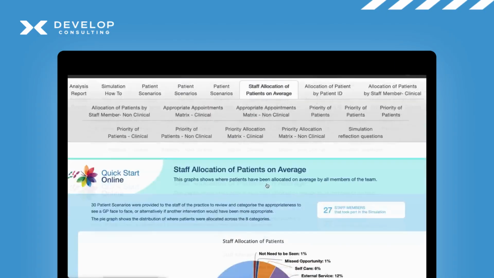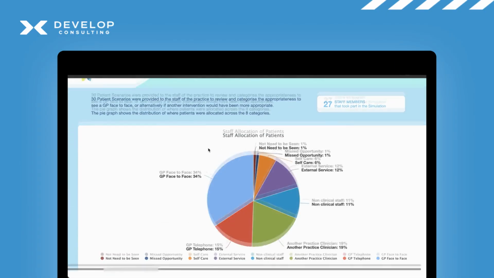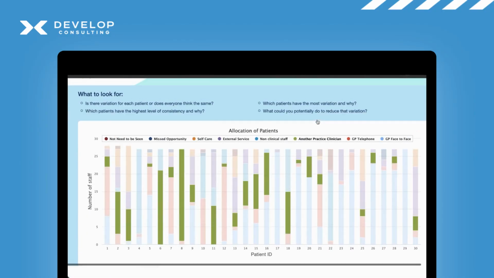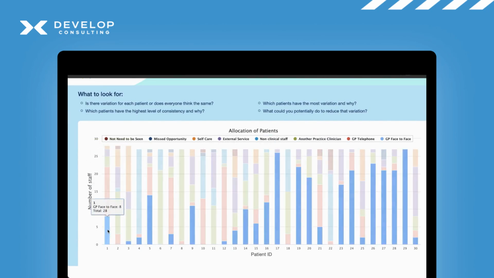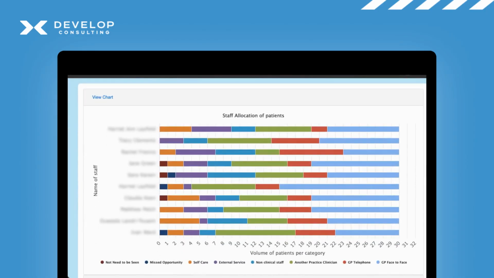And guess what? You can also get your clinical team to do the simulation, and the report will highlight any variation they may have, which is a great starting point to have a discussion around why and what could be done to help reduce it. After all, we want patients signposted to the right person, but we also want the patient to get the best